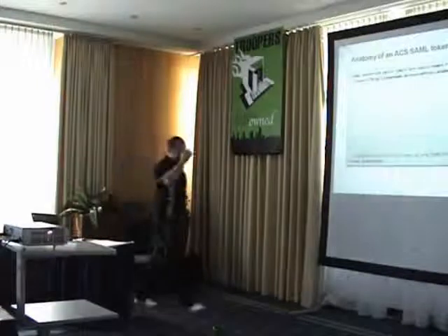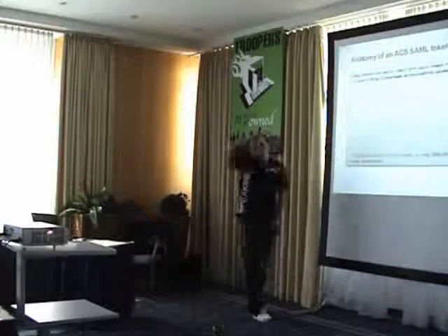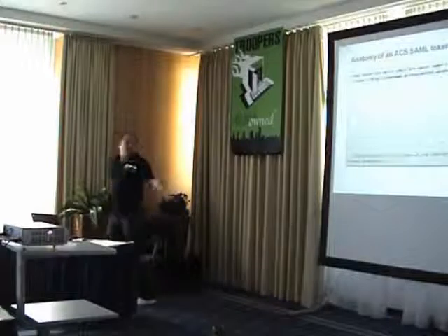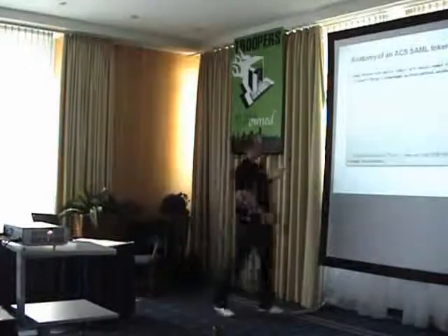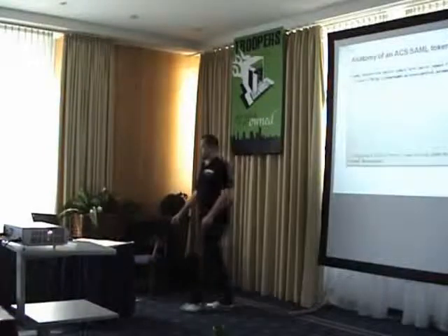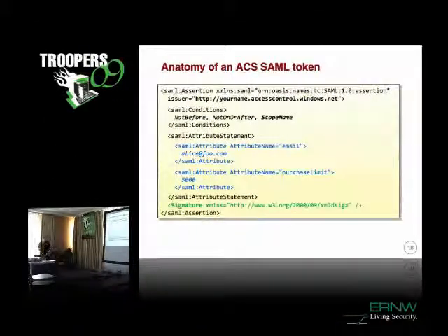And the last slide I want to show you is basically for those guys that want to know what's going on. That's basically how the SAML token looks on the wire. Well, not really because it's encrypted, but showing you encrypted XML is not very interesting. So basically, this XML has some features. First of all, there's a digital signature here. And the signature is the one from the ACS, right? From Microsoft Access Control Service, the token is signed by their public key. The next thing is, they say who is the issuer of that token? And that is basically your